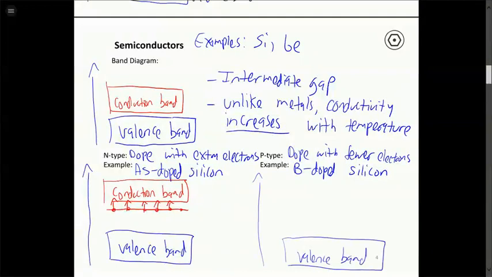All right, because in silicon the valence band is completely filled. We add in some elements like boron that has fewer electrons than that, so you're going to have to take some electrons out of the valence band, and so you get these sort of positive charges in the valence band, these vacancies as we call them, or holes. All right, so you're going to get some positively charged holes.